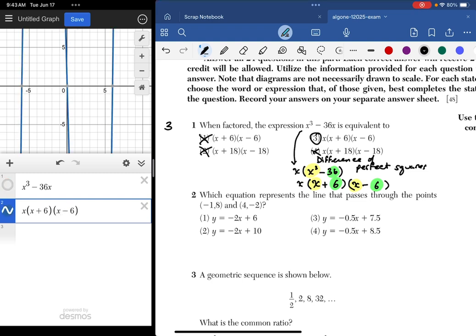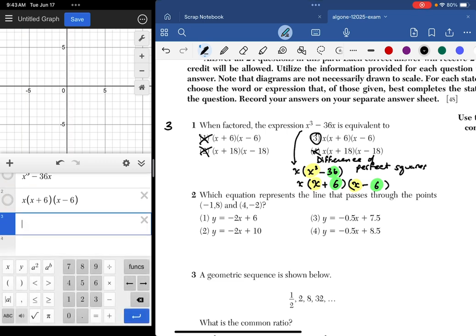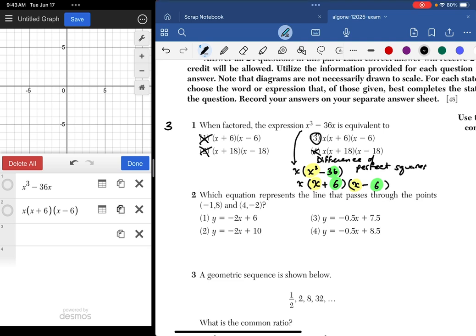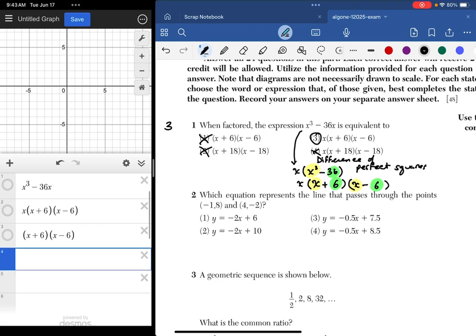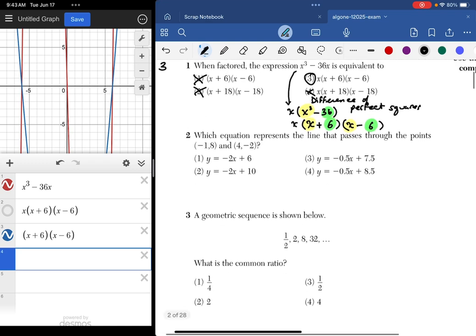All right, so if you tried one of the other choices, you'd see that it would give you a different graph. I'll just do one other choice here. I can duplicate this and get rid of the x. All right, so let's say I thought this was the right answer. Compare it, it's not the same graph, so it wouldn't be the right answer. All right, on a similar